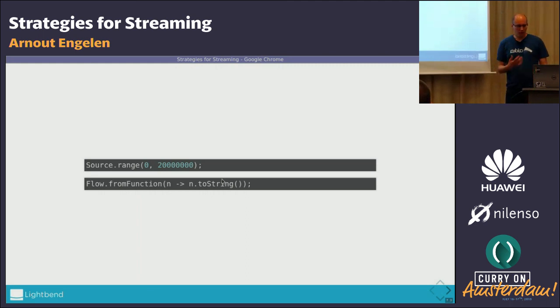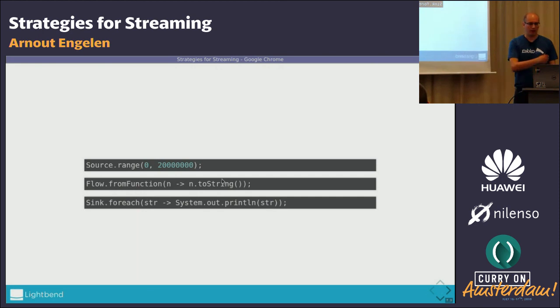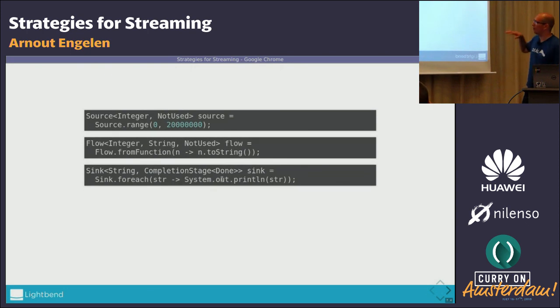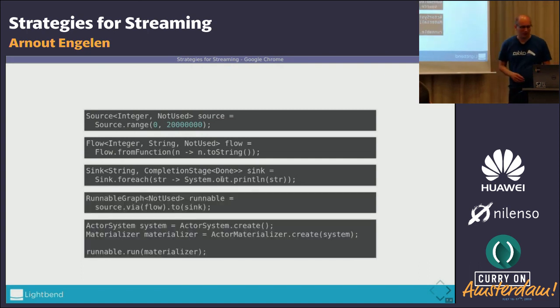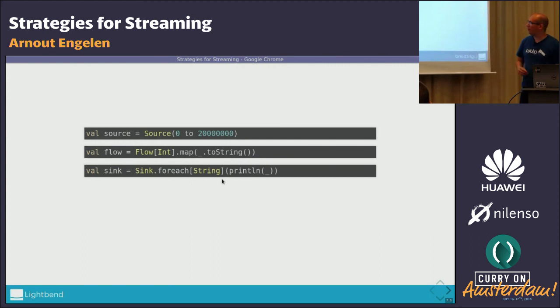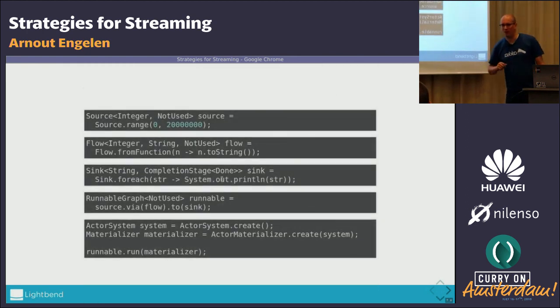Yep. So we can take a function and create a flow out of it. And we can create, for example, a sink that just prints everything. So if we also show the types, I think, looking at the time, maybe it's not so interesting to look at the types too much. It looks pretty much the same in Scala, which is nice, both in Java and Scala. This is all type checked. Okay, so that's maybe an interesting thing to see at the types.